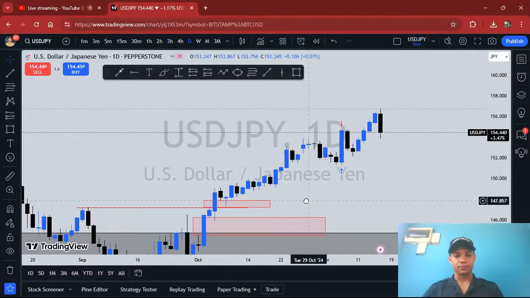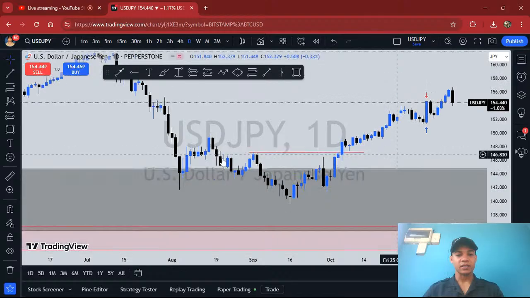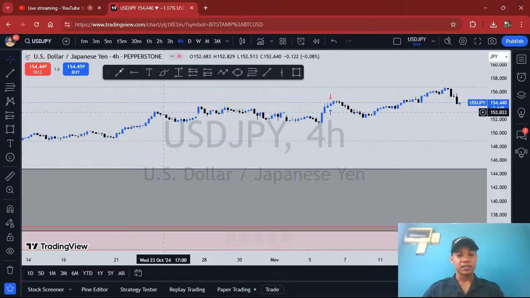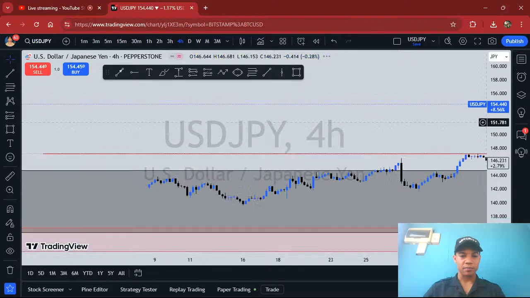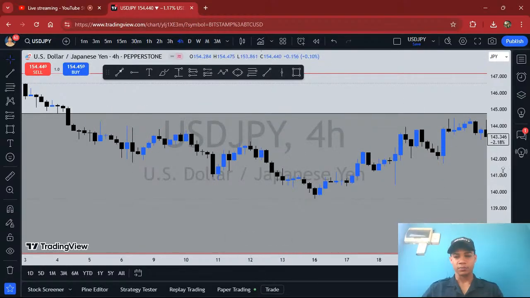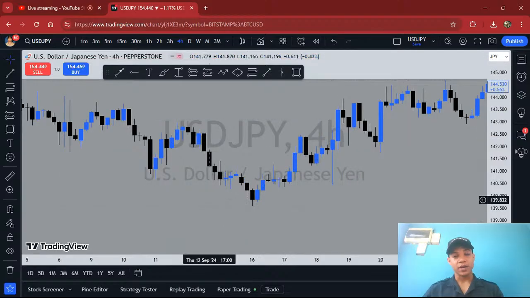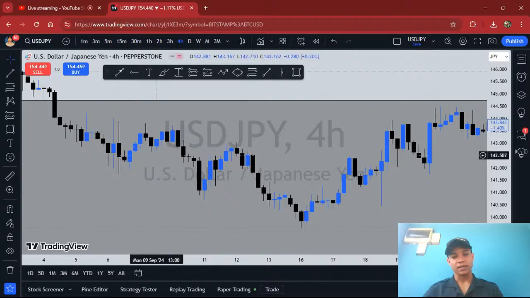But if you are like me, you would definitely go to a lower time frame to where you can actually see what's happening right here, because this gives me a bad risk reward ratio. But if I can find something with 4 hour that can give me a signal that price is going to reverse, then that would help me a lot more. So as you can see, we've got this 4 hour trend right here creating lower lows, supply is in control until we eventually break above